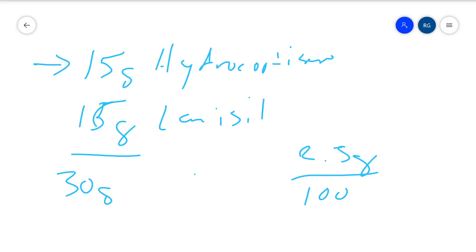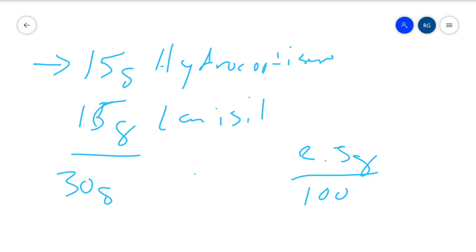So 2.5 divided by 100 equals 0.025, and then we got to multiply it times 30. Well, that's actually not right. It should be